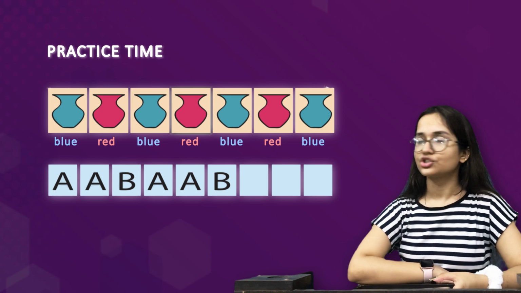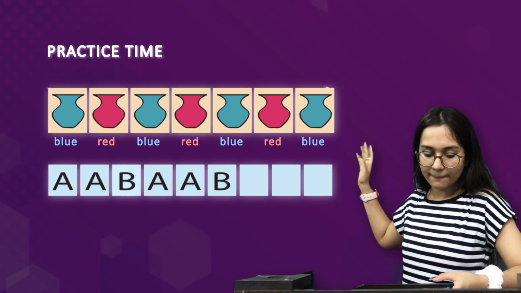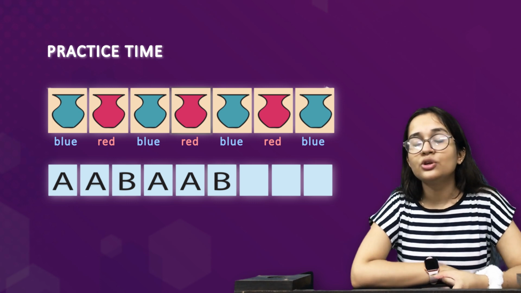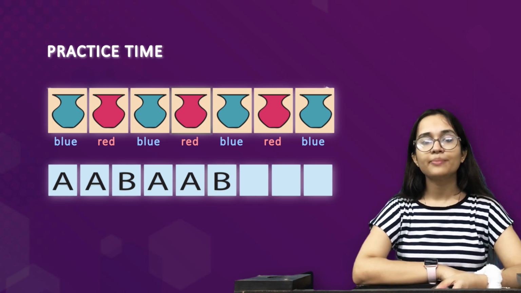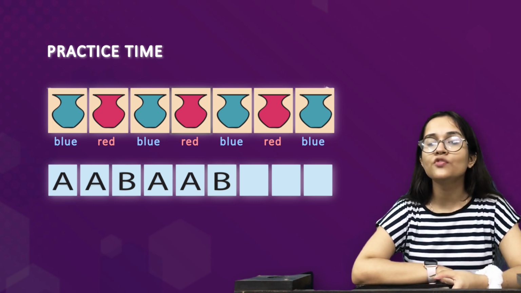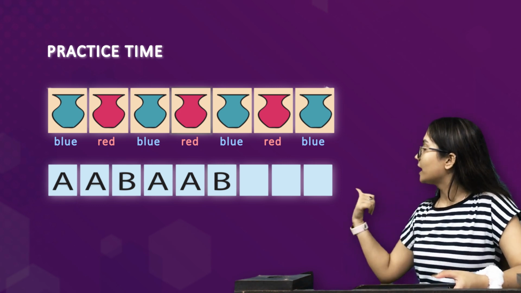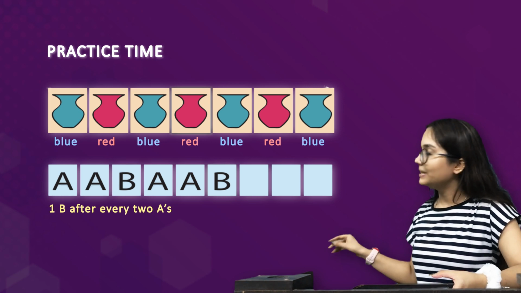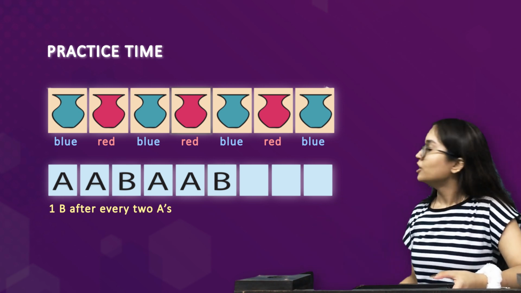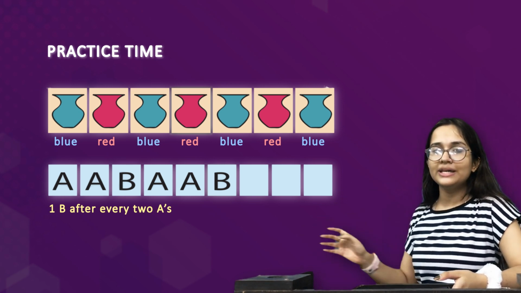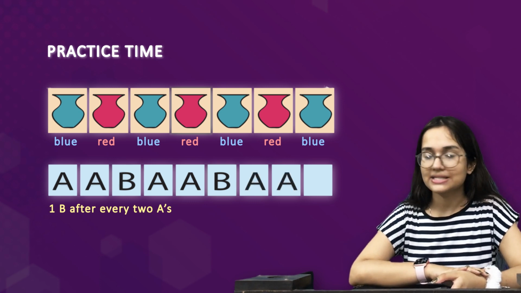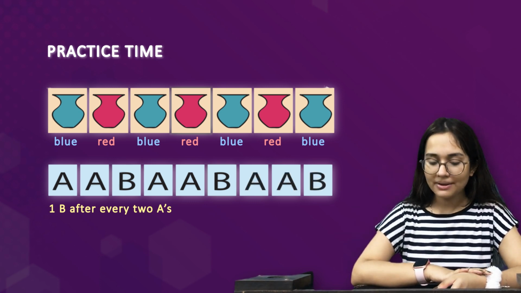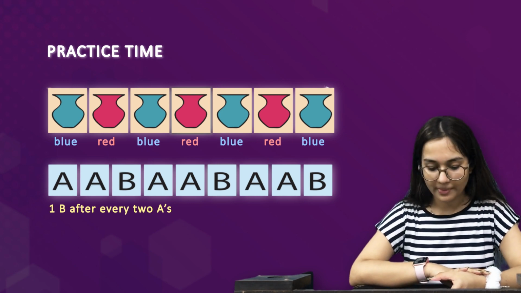In the second question we have A, B, A, B. So whenever you see a pattern and you need to complete it, just look at the pattern and try to find the rule which it is following. When we look here, it's A, B. That means it's 1 B after every 2 A's. So the pattern here is ending with B, thus we need to write 2 A's again, A, A, B to complete the pattern. In a similar way, you need to complete the rest of the patterns.